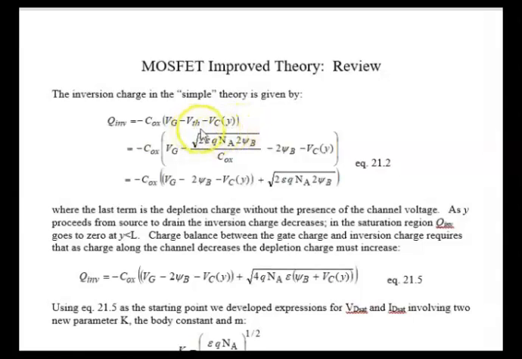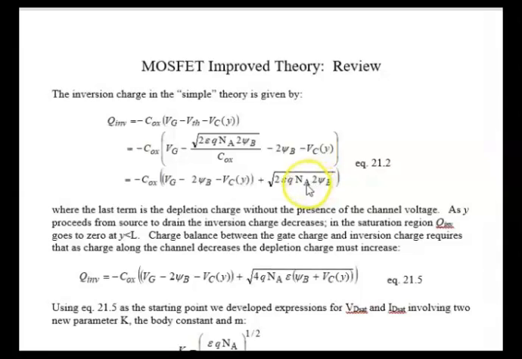So what we do when we go to the improved theory is that we take a look at the threshold voltage, and we decompose it into its two parts. This is the band bending across the silicon at the surface, and this is the voltage across the oxide. It includes the depletion charge, and this is the part that we focus in on right here.